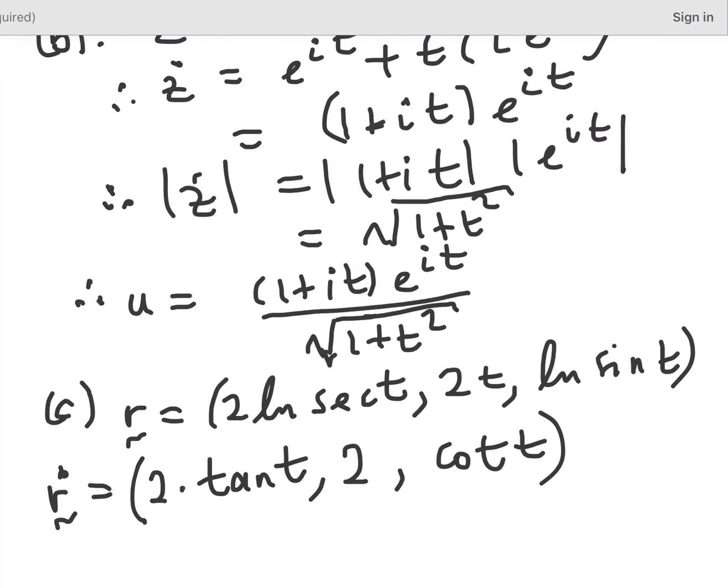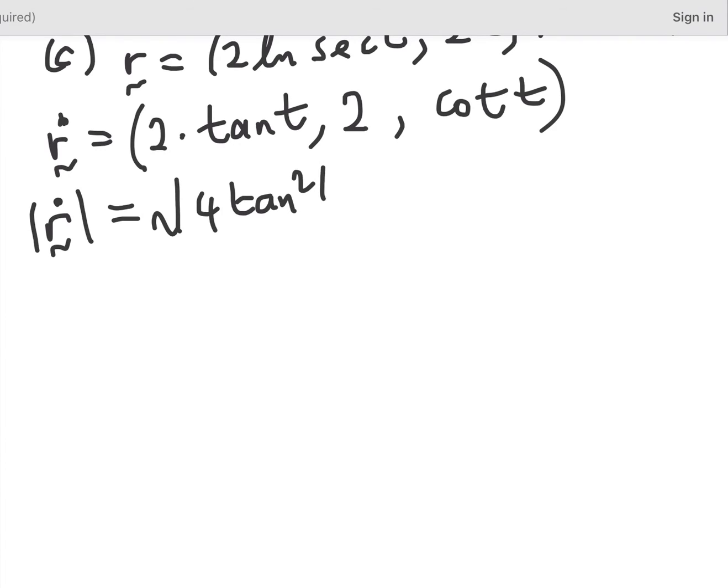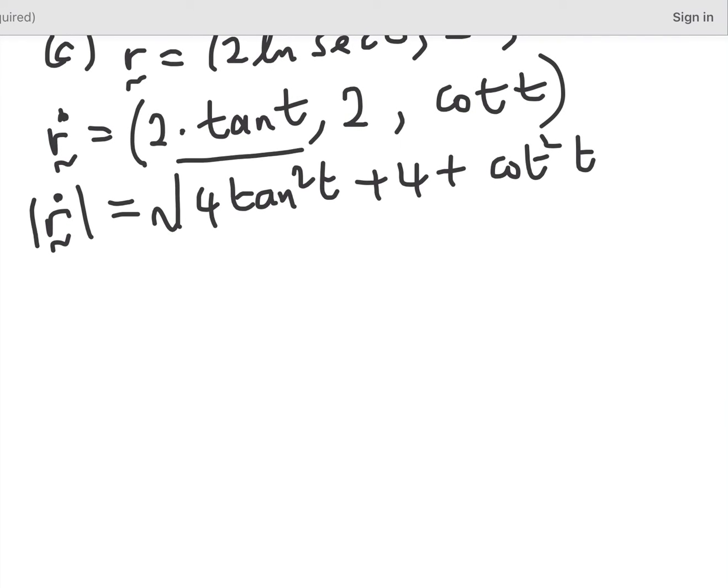So take r dot divided by its modulus, by its magnitude. We need to determine the magnitude of r dot. So here, the magnitude of r dot would be squaring each of the components, adding them up, taking the square root. So we get the square root of 4 tan squared t plus 4, that's the 2 squared, and then the cot squared is cot squared of t. Summing that up and taking the square root should give us the